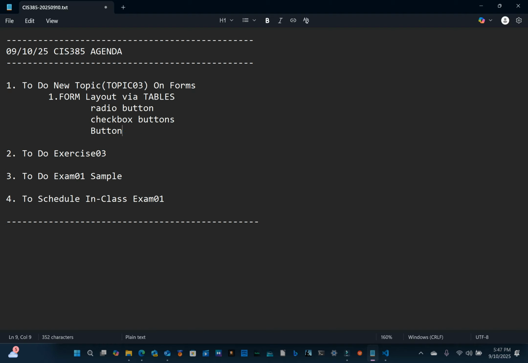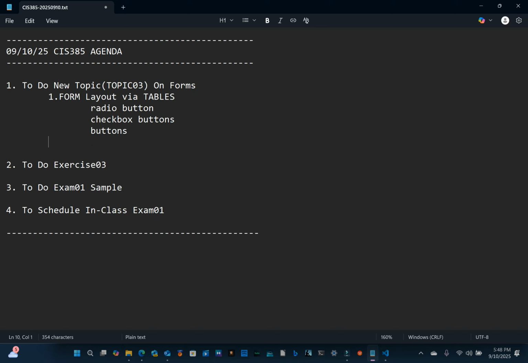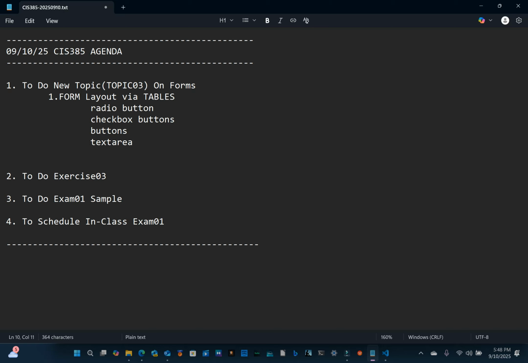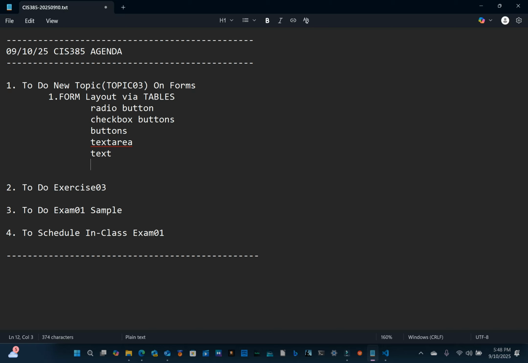And like the link element, you can actually use link instead of the A element. We have buttons. We have the text area. We have text. And then we have password. The only one I forgot to talk about, actually an important one,